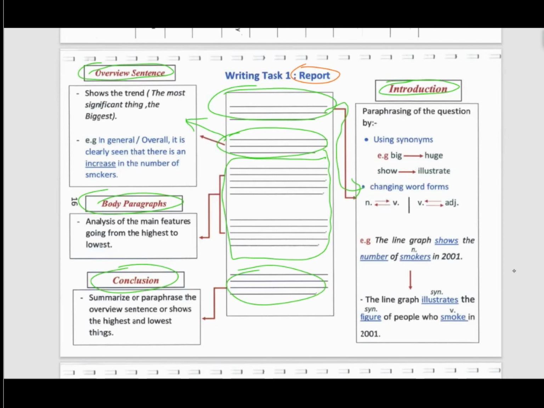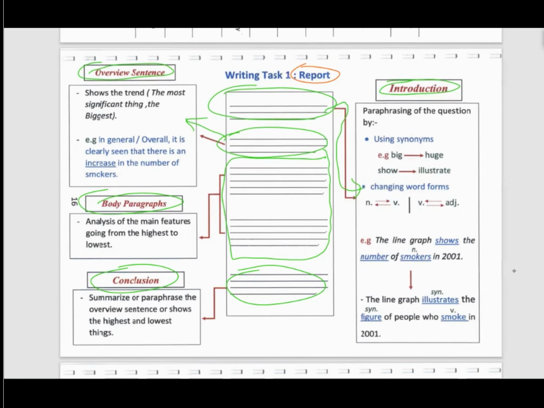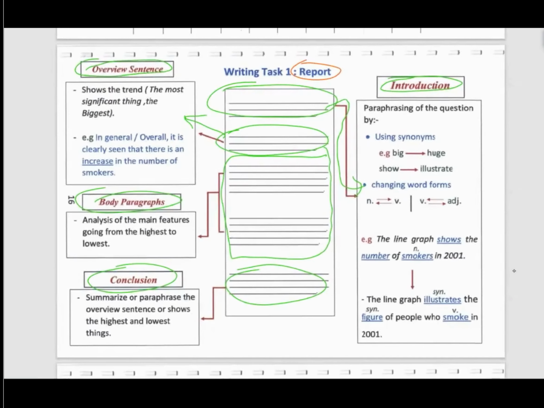Okay? So, introduction, overview, body, conclusion. Now let's see what to write in each one. The introduction actually is a paraphrasing of the question. Paraphrasing means,